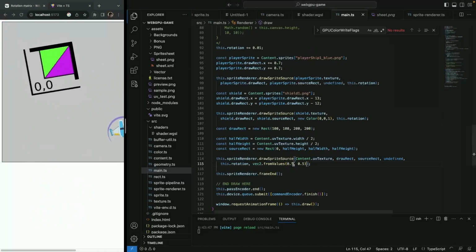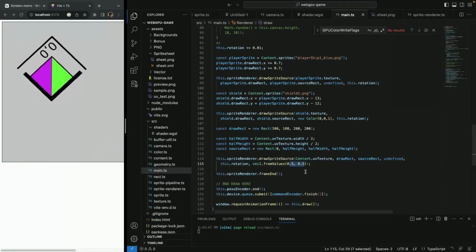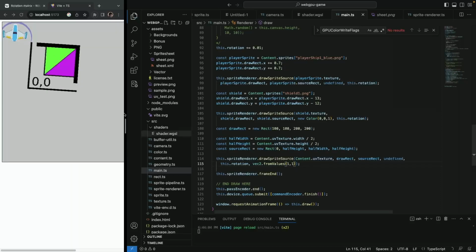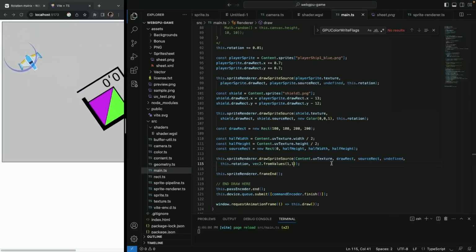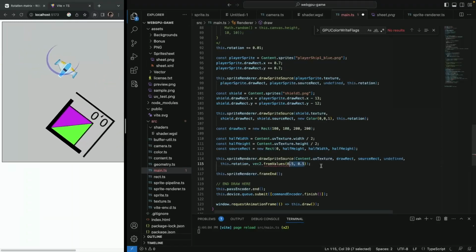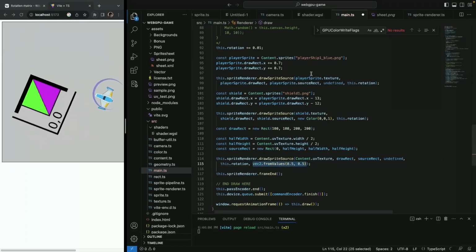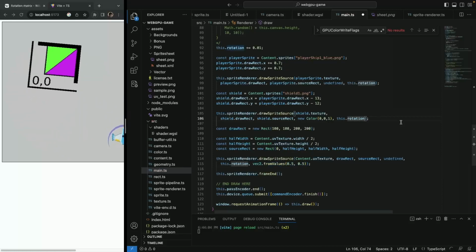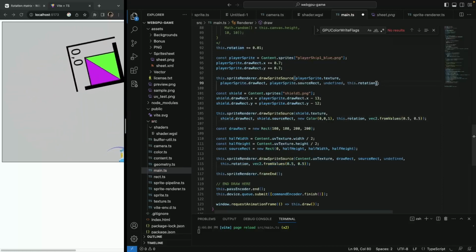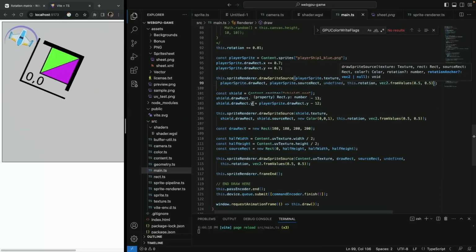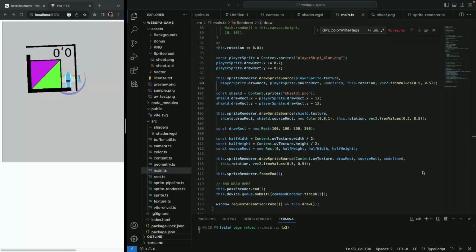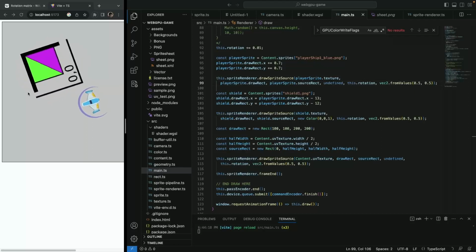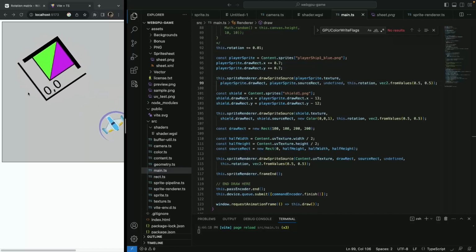If I pass 1, 1, it should rotate around lower right corner. It's rotating exactly where I said, around this corner. That's perfect. So this is how you can do rotations essentially. So let's just rotate this and rotate this as well. All right, perfect. So I was planning to explain rotations, but since this is already a bit long, and I